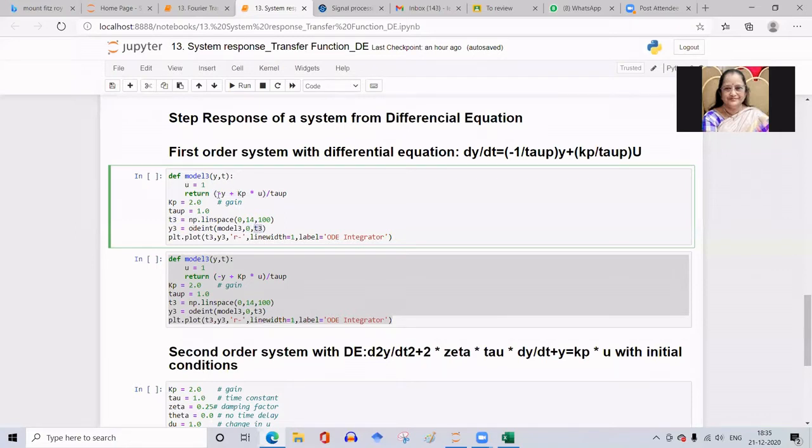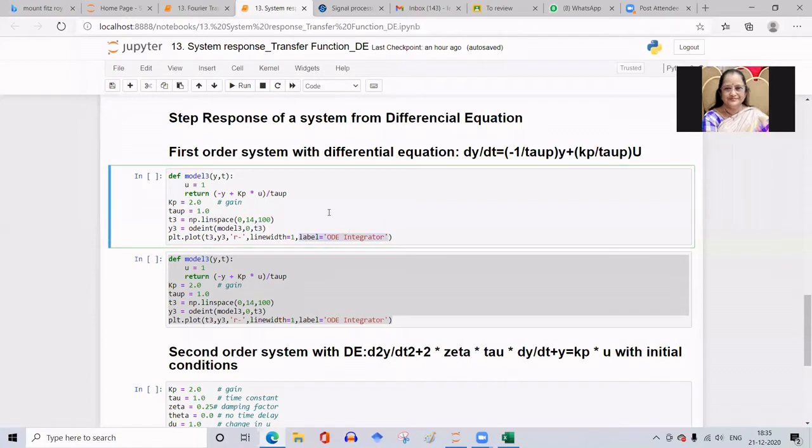The solution that it returns after solving this first order differential equation is assigned to the variable name y3. So this y3, I'll plot it against the new time scale t3 with this new line width, and this label is for the curve, not the label for the whole plot.